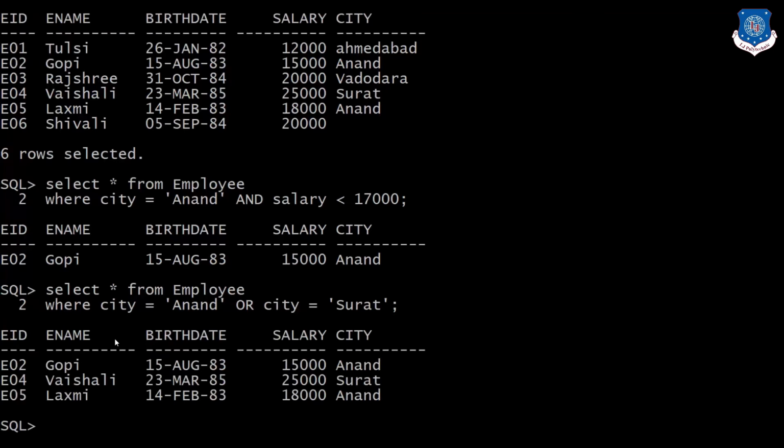So in this case, if any condition is true, Anand, we have both the records with the city Anand here, both E02 and E05, and Surat, E04. Clear?